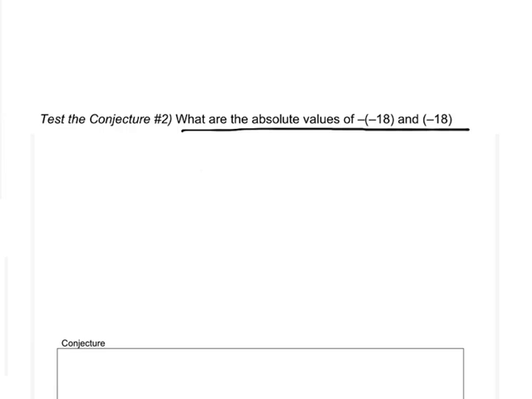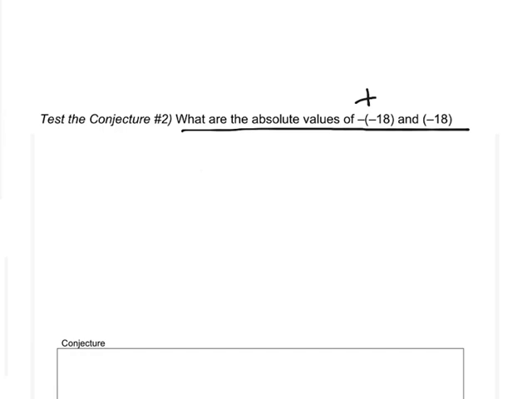And I know that -18 falls on the left of 0, but what about when I have negative of a negative? That means the opposite of a negative. The opposite of a negative is a positive. So when I see these two negative signs, I know that that's actually a positive number because it's the opposite of negative. So when I see that, I'm going to draw a little positive sign to remind myself that that's really